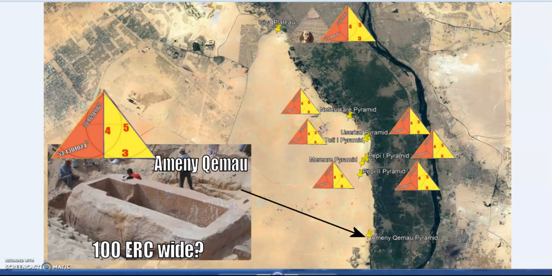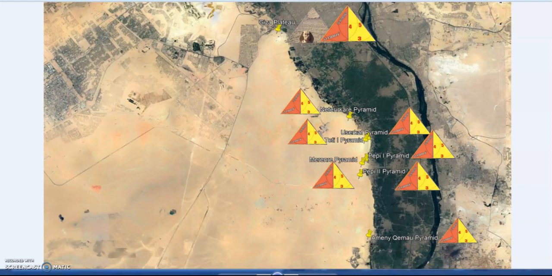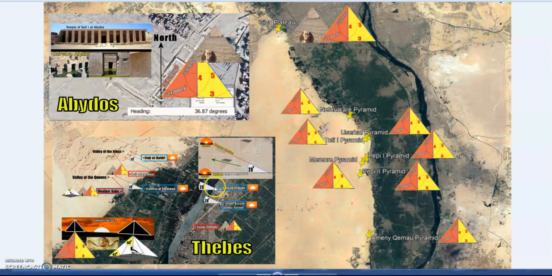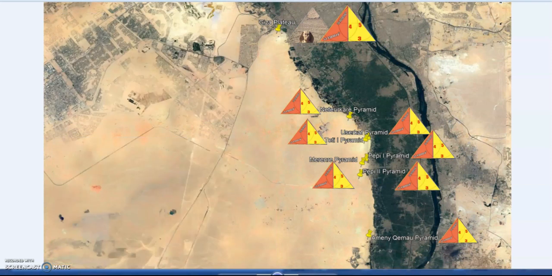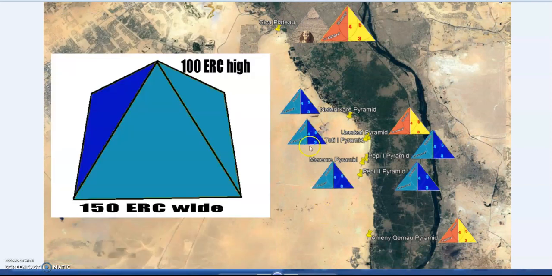And a very sacred unit of measurement across ancient Egypt. And so we see, just like in Thebes, just like in Abydos, this is intentional. It's obvious it's intentional, and it has important connections to the flood. So 100 Egyptian royal cubits high, one cord is 100 Egyptian royal cubits, which was then divided into 10 smaller